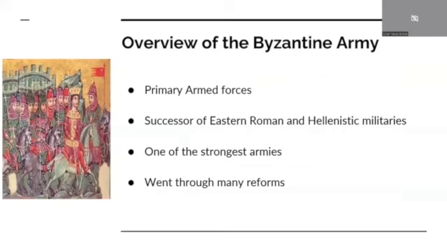The Byzantine army was the primary military body of the Byzantine armed forces. It was a continuation of the Eastern Roman Empire, and late Hellenistic militaries maintained a similar level of discipline and organization. It was among the most effective armies of Western Eurasia for much of the Middle Ages. The emperor of the time was seen as commander-in-chief, and Constantinople was the headquarters for the army. Throughout the history of the empire, the Byzantine army saw various reforms by different emperors.